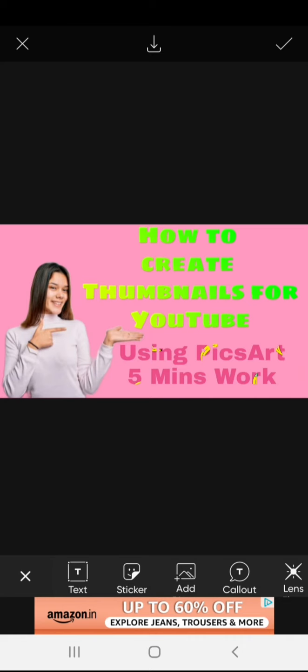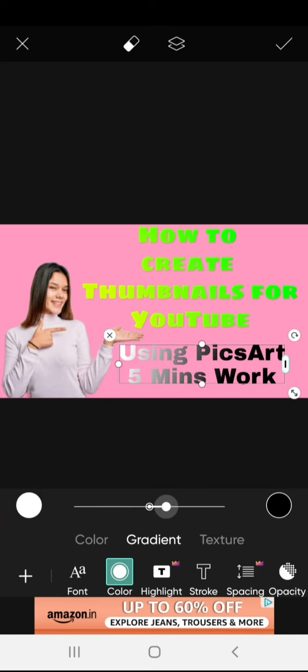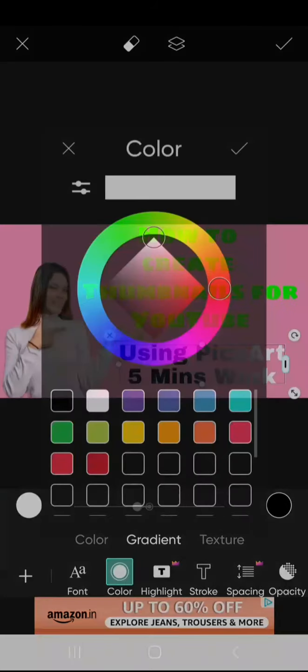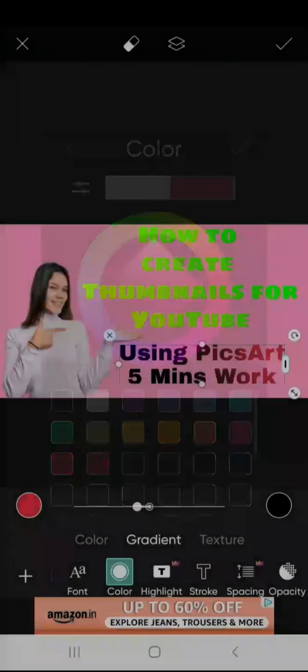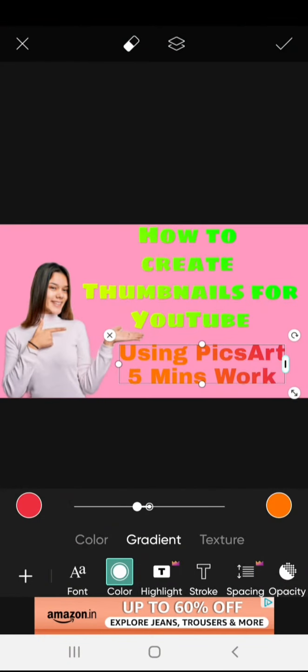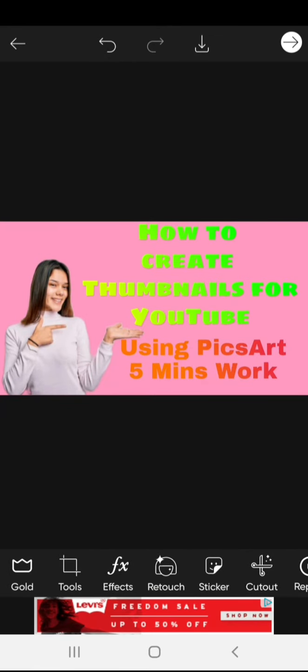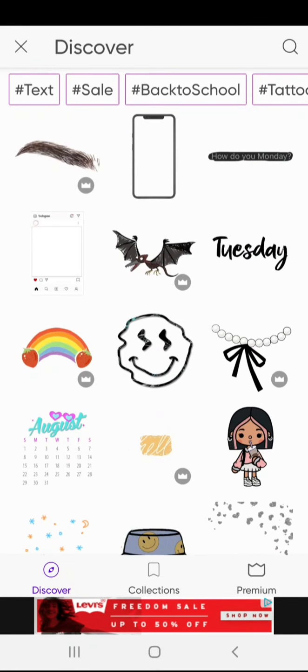Or you can choose a gradient for it. I'm choosing red color here, and orange color here. This is a mixture, which is what a gradient is. Then click on the sticker button, and you can take anything here.